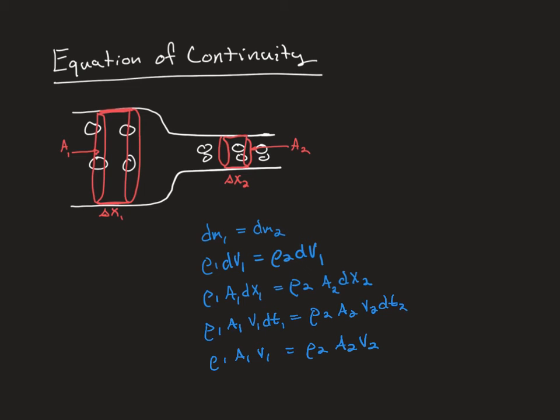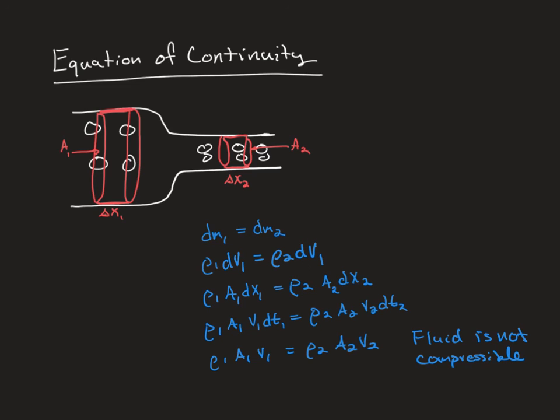Now, we can make one more cancellation if we make an assumption. If we assume that the fluid is not compressible, because as we move from this area of the pipe to this area of the pipe, we're going to find that there's a change in pressure, or change in how the molecules are arranged. So if we assume the fluid is not compressible, so that it's very hard to get the molecules to move closer to each other, therefore not changing their volume and thus not changing the density, then we can cancel out